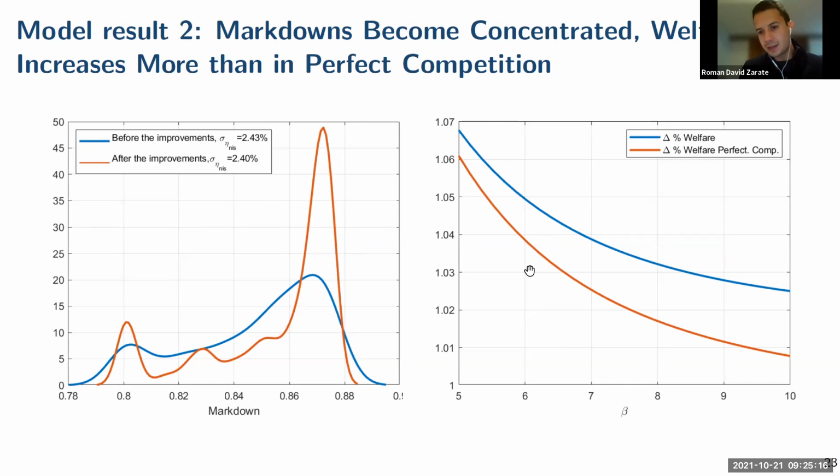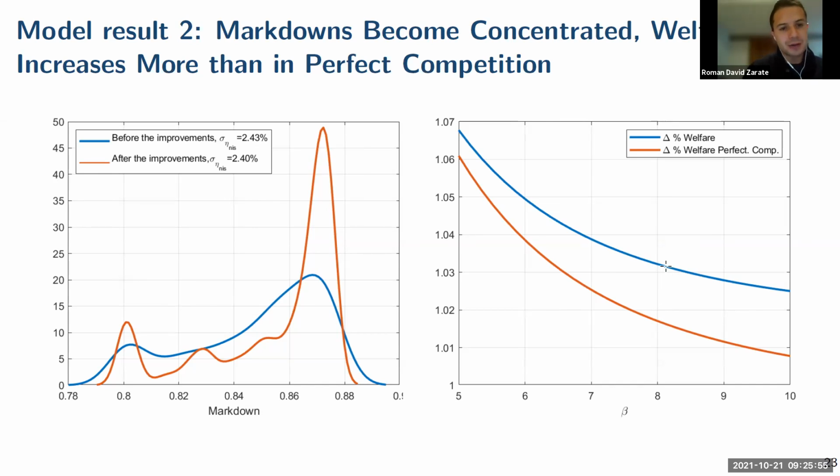So what we have here is the increase in welfare versus the increase in welfare competition. As you can see, depending on this labor supply elasticity across employers, so how easy it is to substitute jobs across employers, the gains are going to be higher. So far, our estimates suggest that this labor supply elasticity is around 8. So what this means is that the welfare gains are amplified from 15% to almost 30% when we include these labor market responses. So it is like 2 times the gains when we include these labor market power responses.